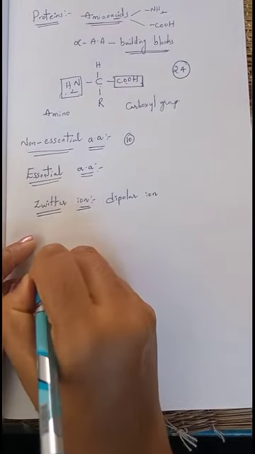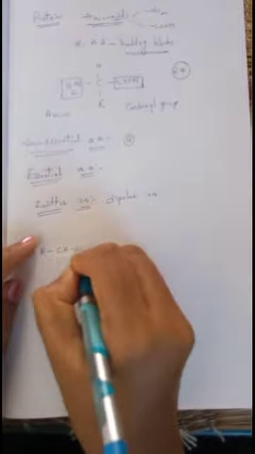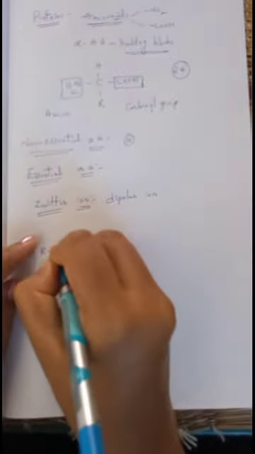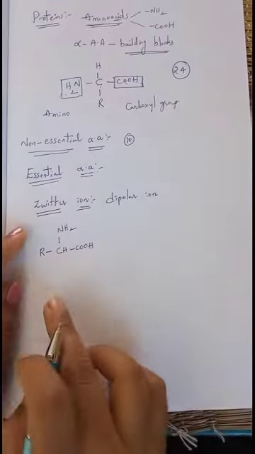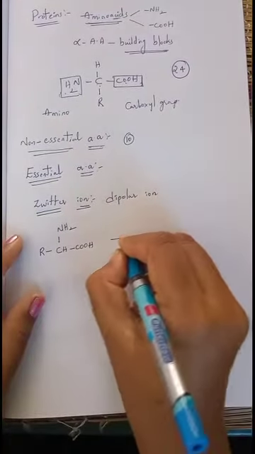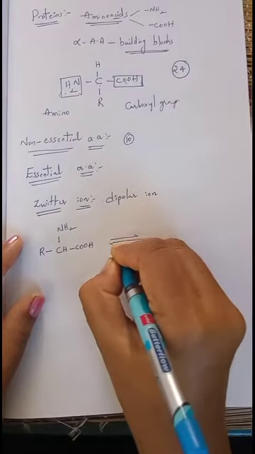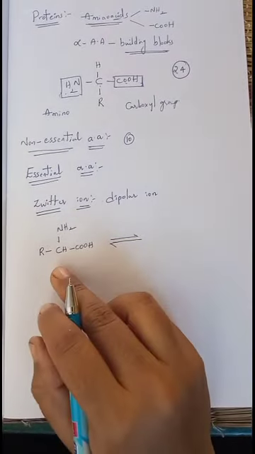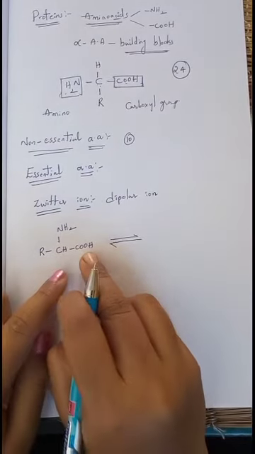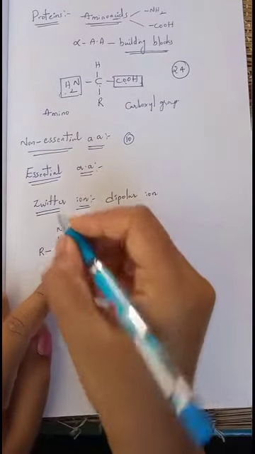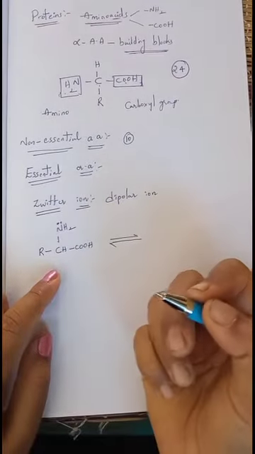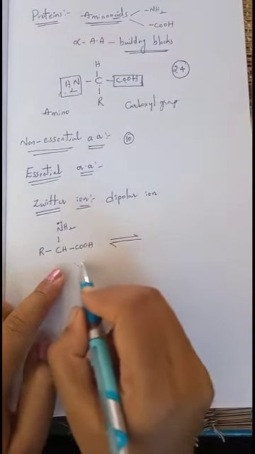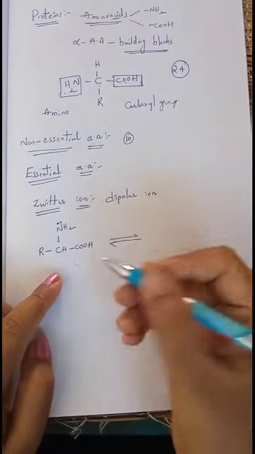Example we can see here: R-CH, COOH and NH2. This is the general representation I have given here. In this general formula, the amino acid contains both acid as well as amine. Amine has the property to attract a proton due to the presence of a lone pair of electrons on nitrogen, and acid has the property to lose a proton, hydrogen as a proton.